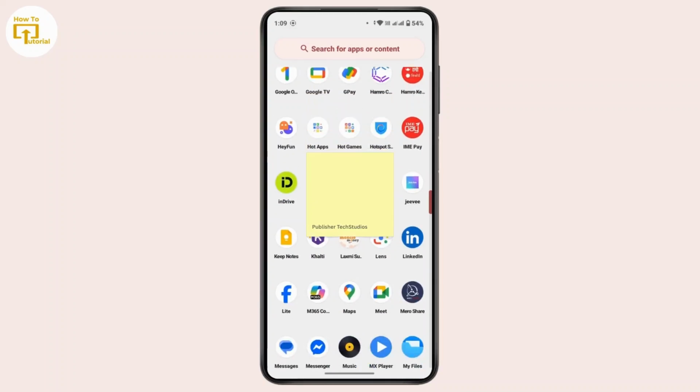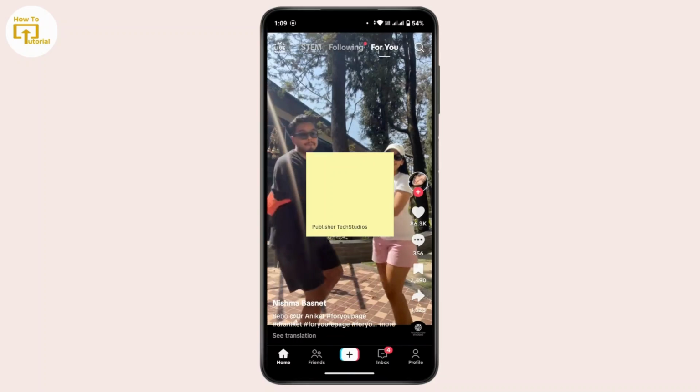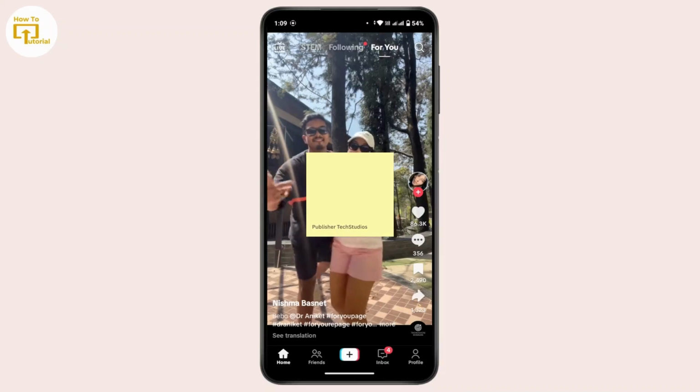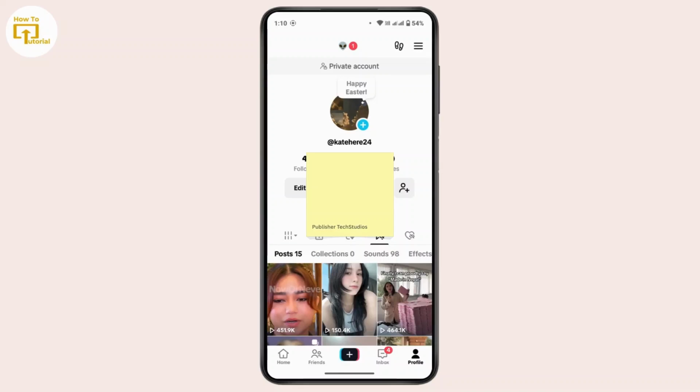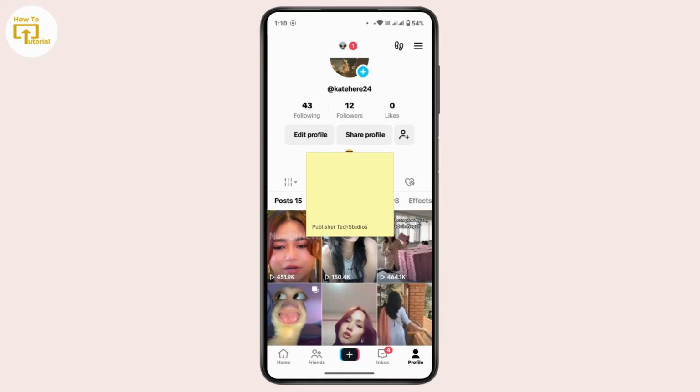First of all, you have to launch the TikTok application on your mobile device and make sure that you're logged in with your account. Once you're on your home page, navigate to the bottom right corner and tap on your profile icon. Once you land on your profile page, on this interface, there is a menu bar with options such as draft, your private videos, your repost, and next to that, there is a bookmark icon. Tap on it. So under this tab, you will find all your saved videos, and this includes your videos, post,